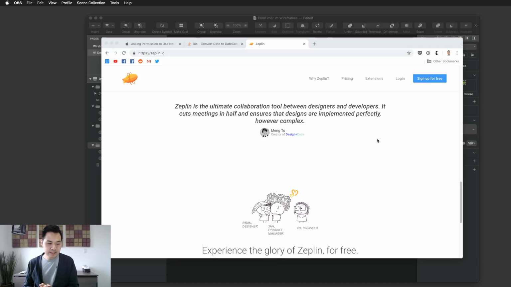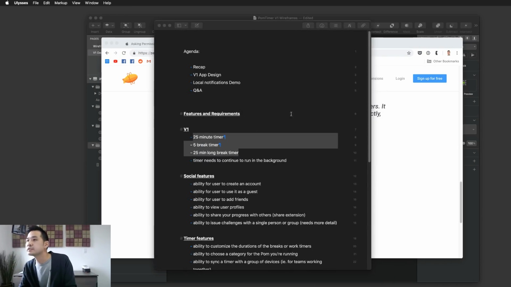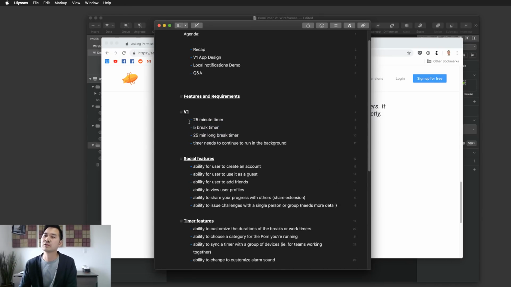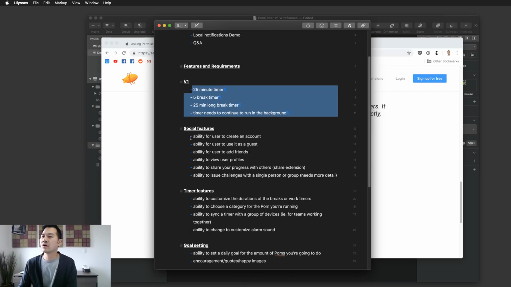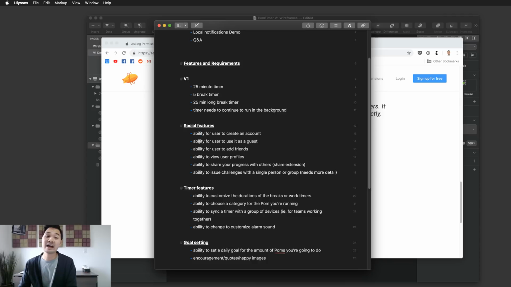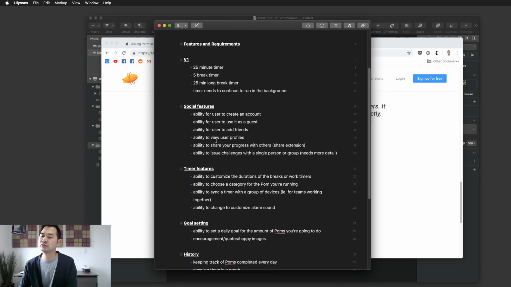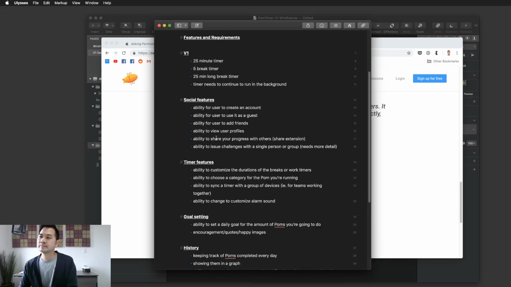Glenn, V2 was actually a ton of features, so let me show you what that is. This basic Pomodoro app, V1, is just the timers, right? But we have all of these features that I have planned for this app to make it the app that I think is missing out there in the marketplace today. And that is the ability to add friends and challenge each other,